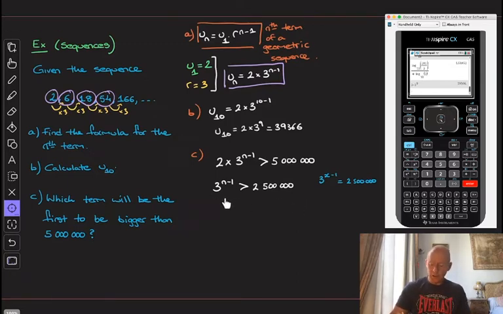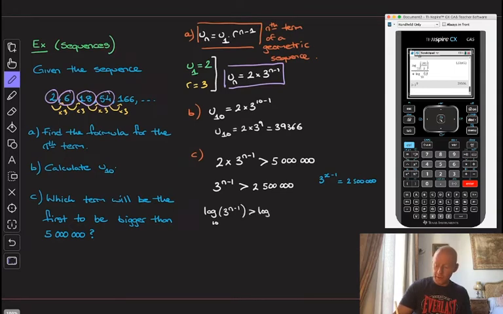First thing we do is apply logarithms to both sides of this inequality. So let's go ahead and state that log base 10 of 3 to the power of n minus 1 is greater than log base 10 of 2,500,000, right? I now use the third law of logarithms again, and I take this power of n minus 1 outside of this logarithm. In doing so, this turns into n minus 1 times log base 10 of 3, and that's got to be greater than log base 10 of